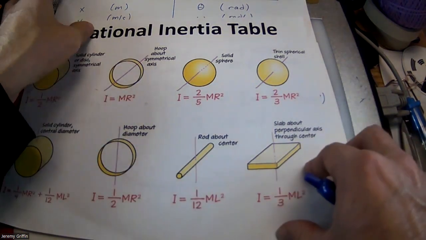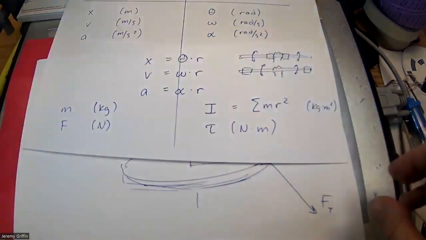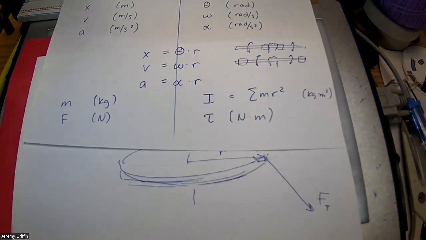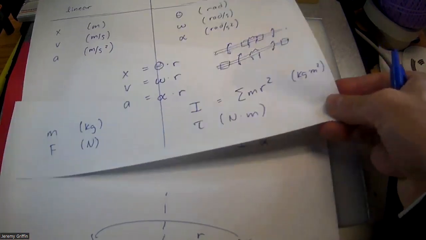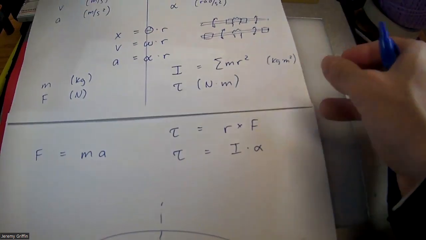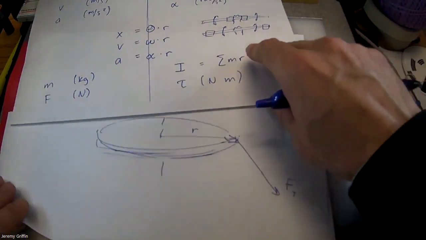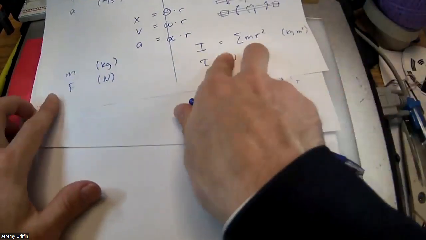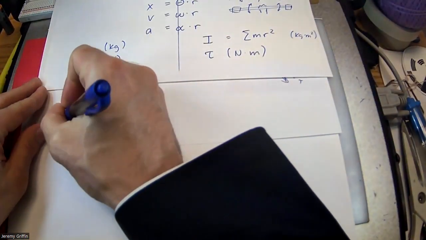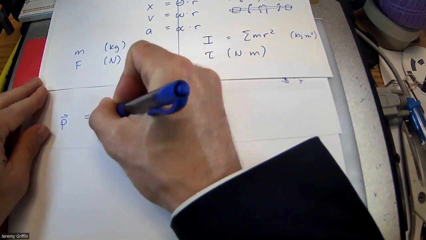Continuing on this table that I kind of ran out of space for, I need to talk about momentum because I haven't talked about momentum yet. You guys remember there's a rotational analog to momentum? So that's going to go something like here. Instead of linear momentum being mass times velocity,